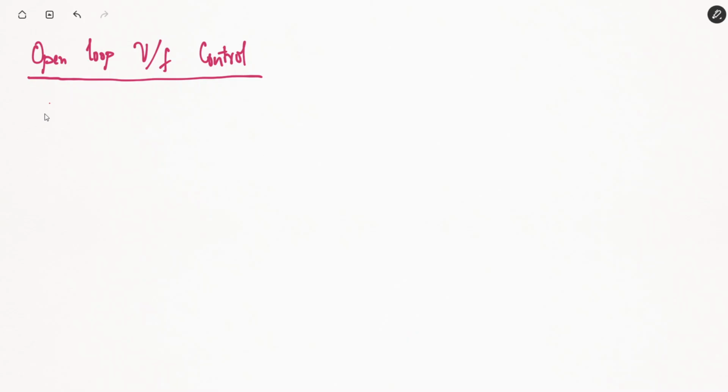That means flux is not changing, and since flux is not changing, its sluggish behavior will not affect the nature of speed response.